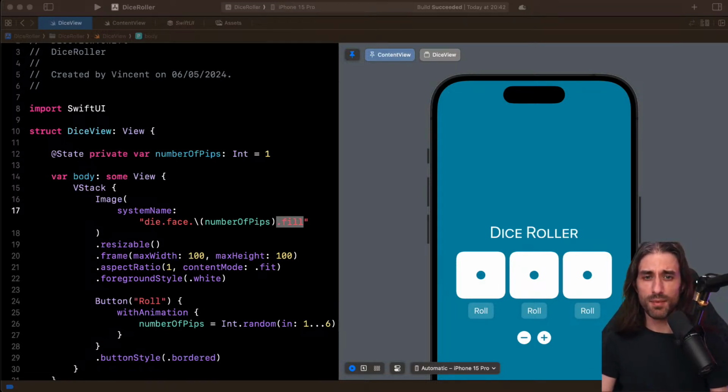So I think they probably wanted to have something that had the same level of expressivity and simplicity. So that's why I guess they did the fill max size. But in a way, if you wanted, you could create your own fill max size and under the hood call frame max width infinity, for instance. So you could always build it for yourself if you wanted.